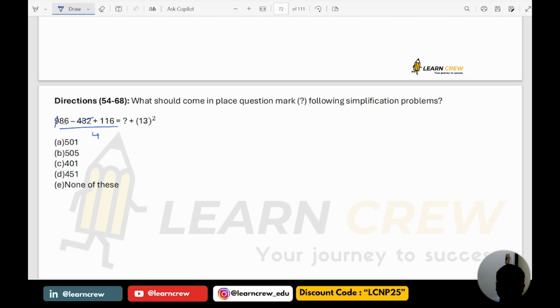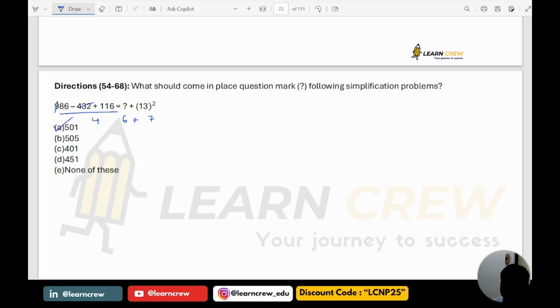So here 3 plus 1 is 4. 4 square is 16, and 16 means 7, you are going to get. For 7, if you add 6, where you have digital sum 6 here, 501. 501 digital sum is 6. So the answer is 501. The answer is 501. Next,